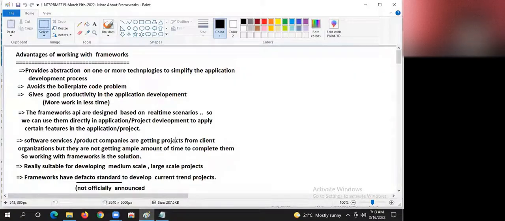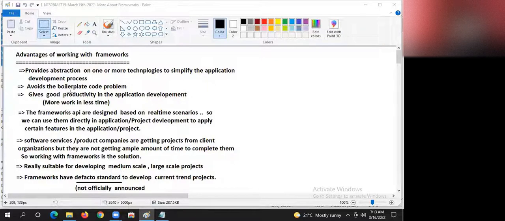Okay, boss. Yeah, the other day we discussed: a framework is an installable software that is built on top of one or more technologies, having the ability to generate common logics of the application dynamically and makes the programmer focus only on application-specific logics. Due to this, the burden on the programmer will be reduced drastically. This is what we discussed in the other day session, or not? Yeah, we definitely discussed this one.